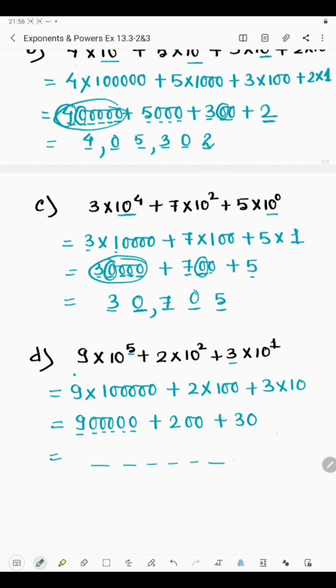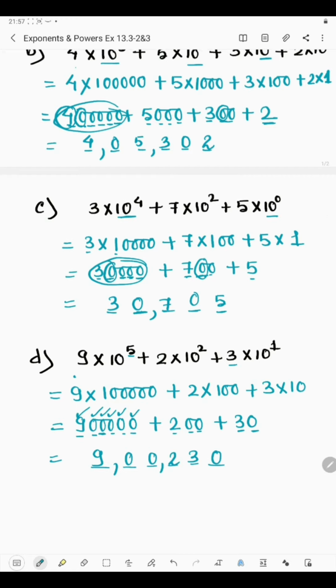Now we will start from the end. At last we have 0, that means at the 1's place we have 0. Then this is at the 10's place, so we will put 3 here. Now 1, 2, 3, the 3rd place means 100 place, so here we will put 2. Now 4th place, count it 1, 2, 3, 4, at the 4th place we have 0. The 5th place also we have 0, and at the 6th place we have 9. So the number will be 9,230,000. Okay. So this was the last part of question number 2.